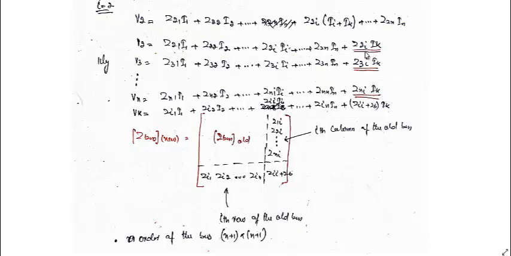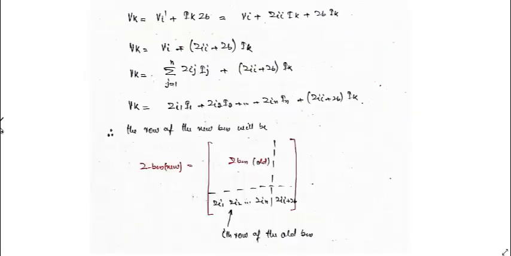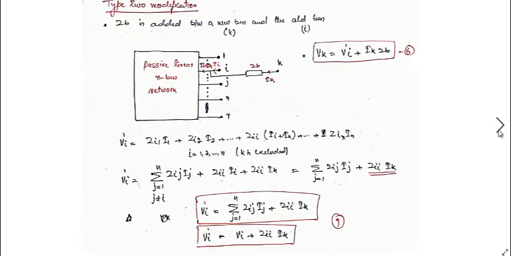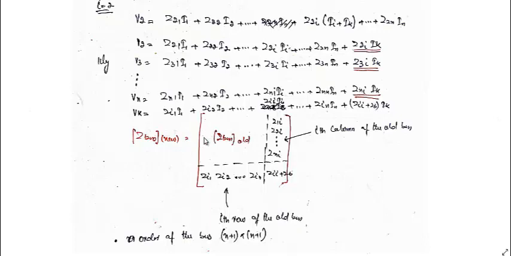Now this will introduce a column in the new Z bus, and this is the kth row which we have already discussed. You can see for the Z bus now we have the additional column, and the column corresponds to Z1i, Z2i, up to Zni, and the last value of this column will be Zii plus Zb. So in a nutshell, whenever a Zb is added between the new bus and the old bus, what we have to do is place the old Z bus over here, whose dimensions are n cross n,